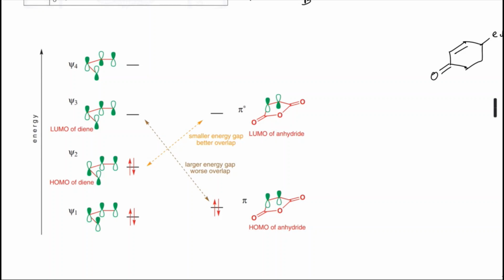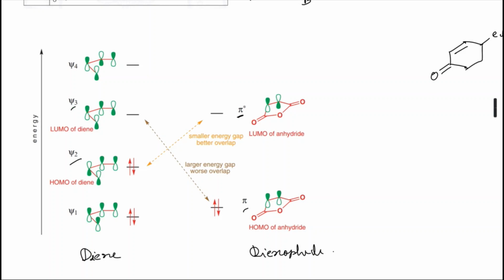So this is the Diene molecular orbital, and this is the dienophile. The Diene will have four molecular orbitals, that is psi1, psi2, psi3 and psi4, whereas the dienophile will have two, these are pi and pi star. Now there are two types of interaction that may take place here. That is the HOMO of the Diene, that is psi2, and pi star interaction may take place, or